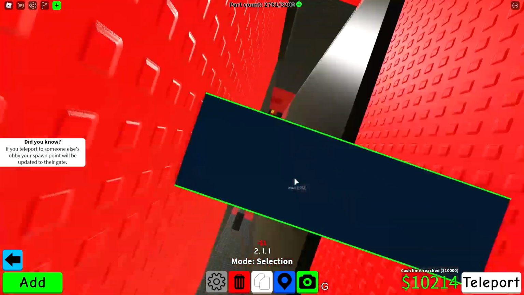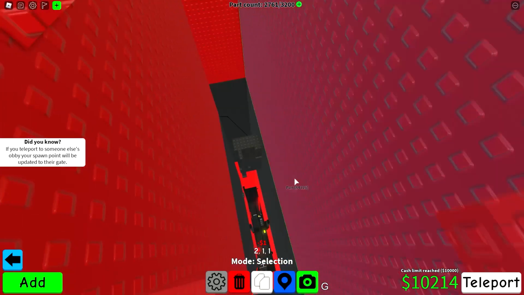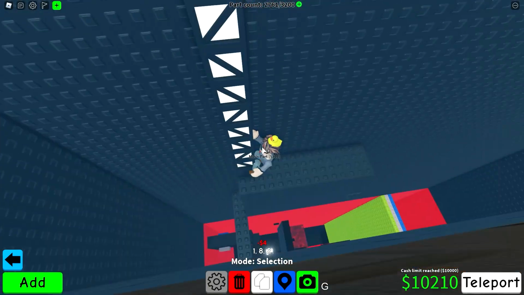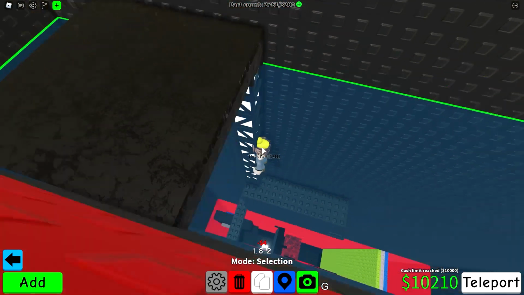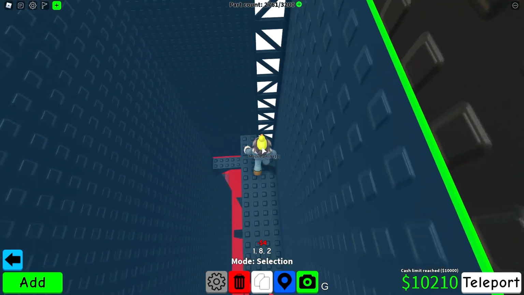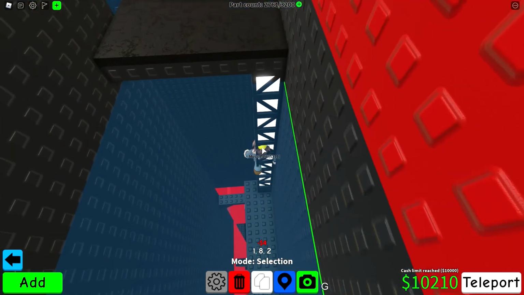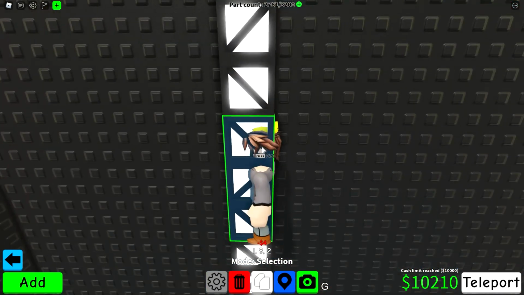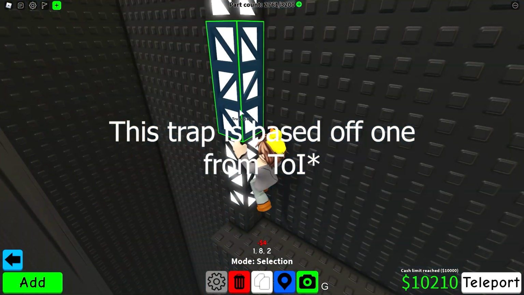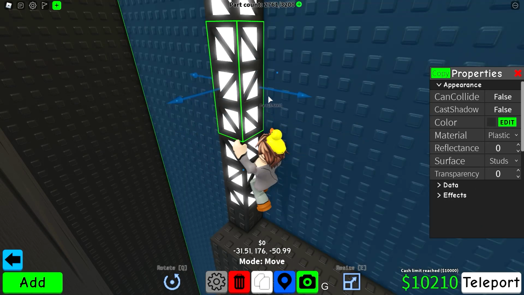Okay, that wall hop I think definitely needs a nerf. So I think what we can do is maybe lower this down 2 studs. Okay, now right here, I mentioned this in the previous video, and obviously when I actually built this, but the idea is that you're just walking, or climbing I guess, and then you just fall through. So there's no hint towards that in Tower of Inception,